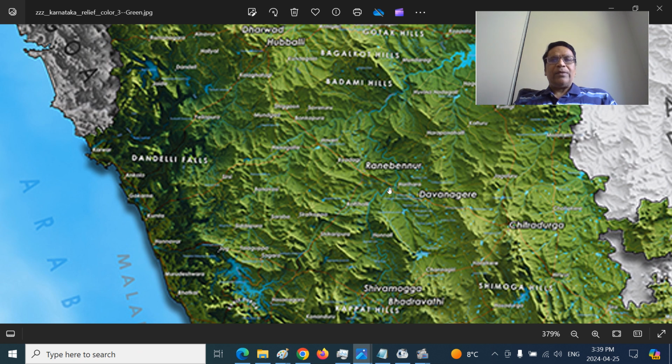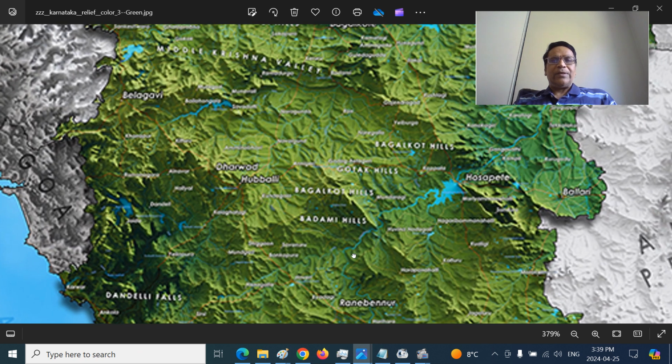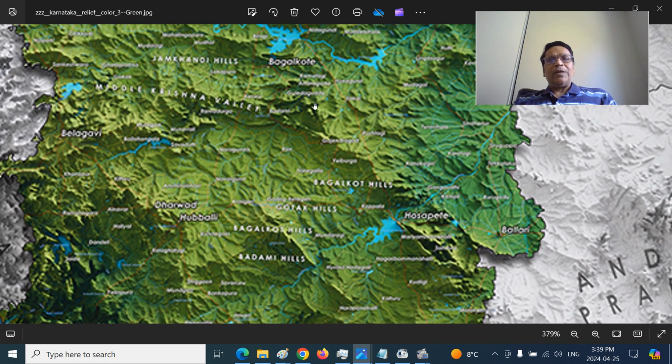And it continues to where the river joins. So this entire area you can see. And this is the Gadag town here, Gadag hills and Koppal hills here. Koppal Gadag hills here, this entire area. This is the Badami hills. This is the